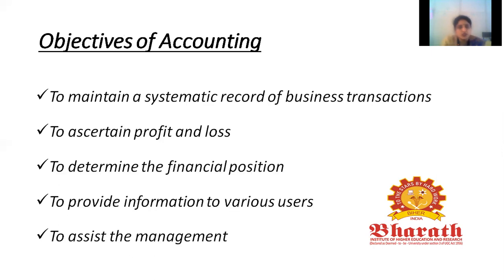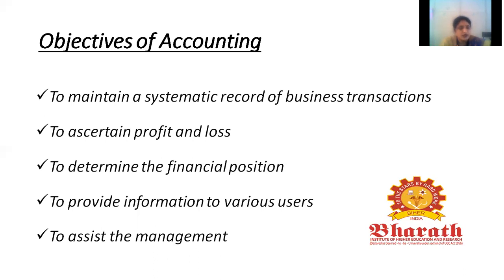And the next one is the objectives of accounting. These are the main objectives of accounting. Let me see one by one. The first objective is to maintain a systematic record of business transactions, which means accounting is used to maintain a systematic record of all the financial transactions in the books of accounts. All the transactions are recorded in chronological order in the journal. Then that will be posted